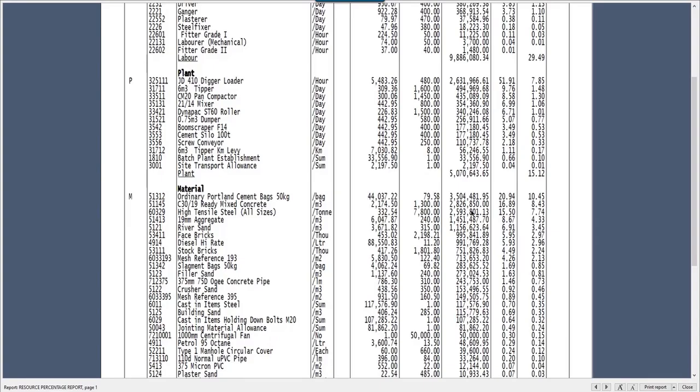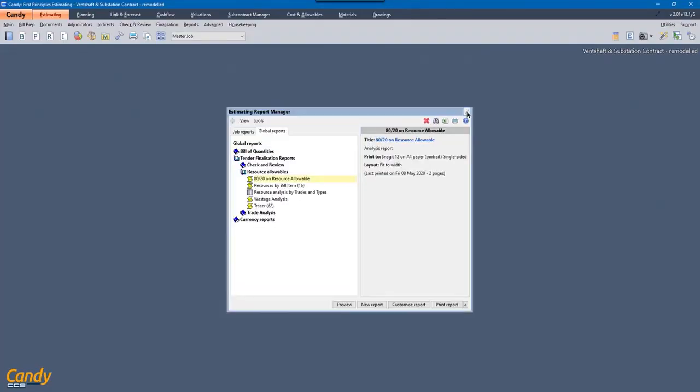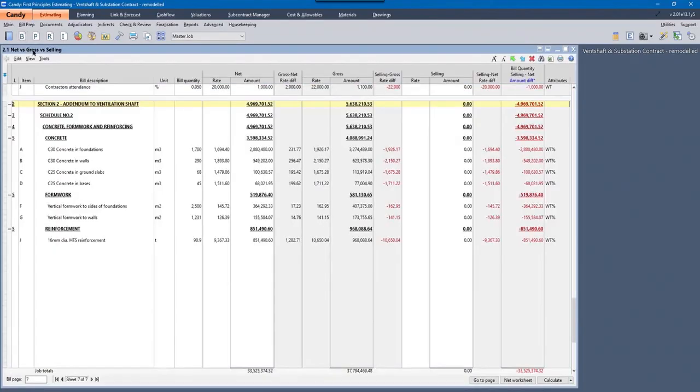How would we do this for resource betterments? Firstly, it's key to have the job ready for post-tender control. You'll see in our 2 or 3 course notes, we've got a course called Post-Tender Project Control. We take you through a whole checklist of post-tender checks, and one of the key checks is a selling rate. So if I go to my bill of quantities, you'll notice I've got a net rate.